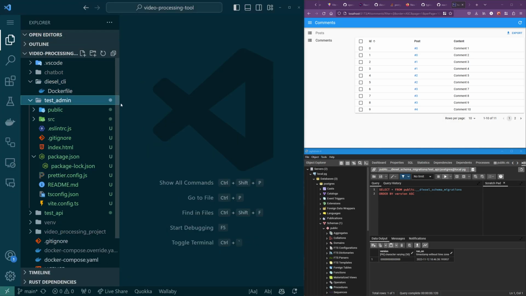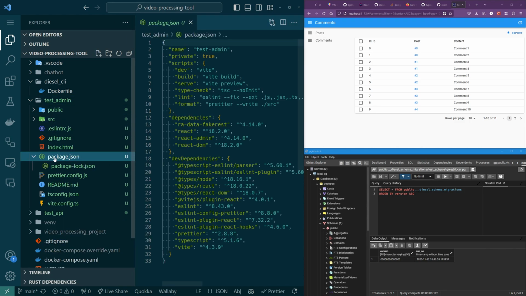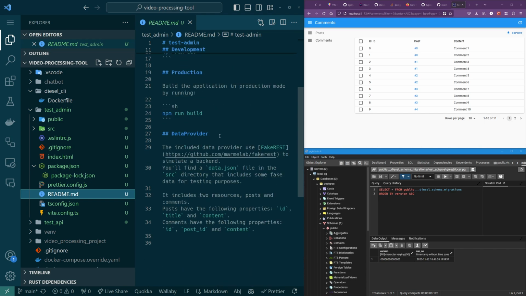So let's take a tour of our new test admin, right? It's a VOD project, apparently. We pulled in React 18, React Admin 4, React DOM, and ra-data-fakerest. This is the data provider that this is using. And then a bunch of other dev dependencies for Vite and TypeScript and all that stuff that we just get out of the box. We get Prettier set up. It's very nice, actually. We have a README here that would tell you about